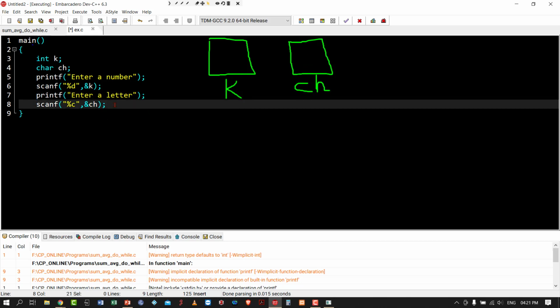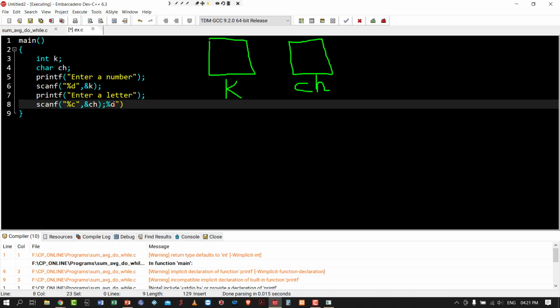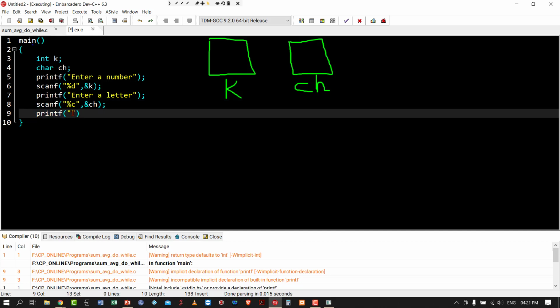Yes. I'm adding one more statement, printf. Percentage D, some space, percentage C, comma, K, comma, CH.